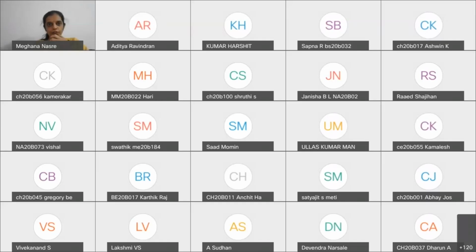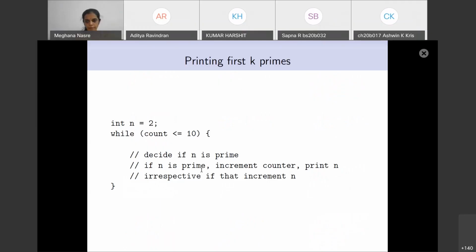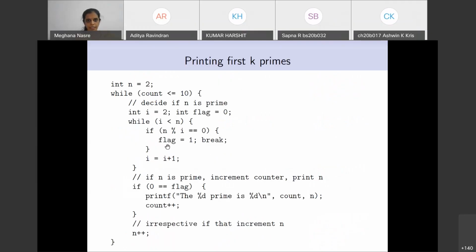Okay, I think many of you may have completed it, and we took one example code and flashed it on the screen. So getting back to our task, I have a very similar piece of code, except I have used different variable names, and I have just reused the part of the code that we had written for testing whether n is prime or not. So this is exactly that piece of code, except that we had said if flag is equal to 1, or 1 is equal to flag, then print not prime, else print prime. That is the only change that I have done.